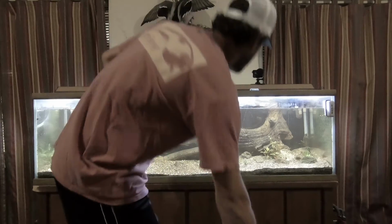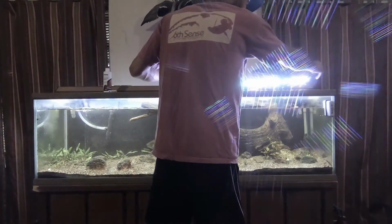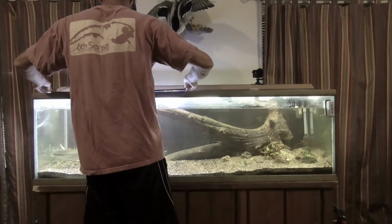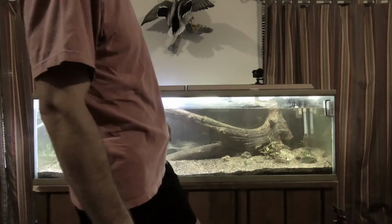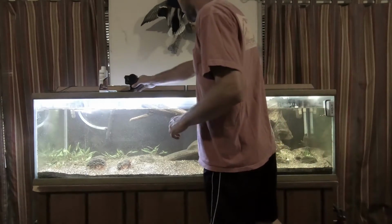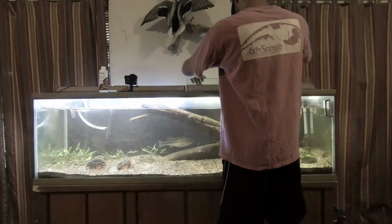Okay, I'm gonna take this clear hose that I showed you guys earlier. I have to move this light out of my way. These Aquanet lights I got on Amazon, they are badass. They were not that much money, but they help my plants grow pretty damn well. My bass knows I'm about to do a water change, so I literally just got done. I'm glad I reminded myself to film it. But all you're gonna do,